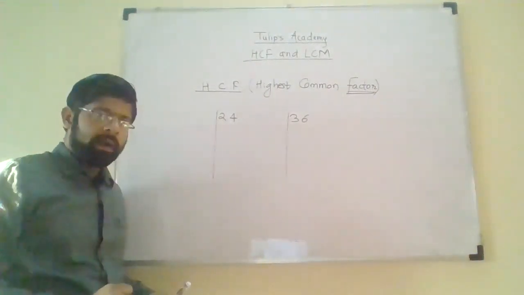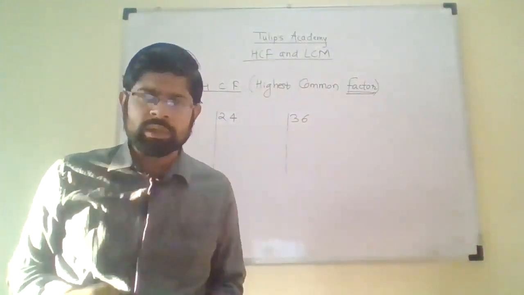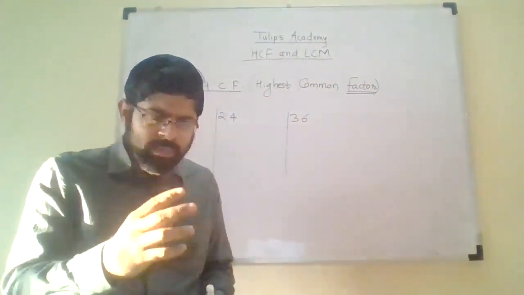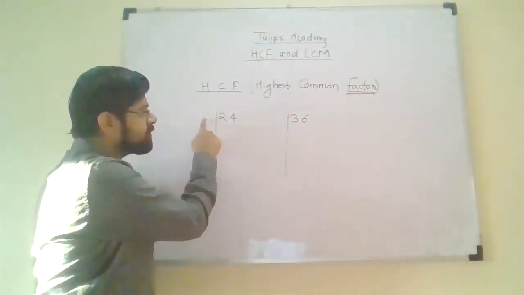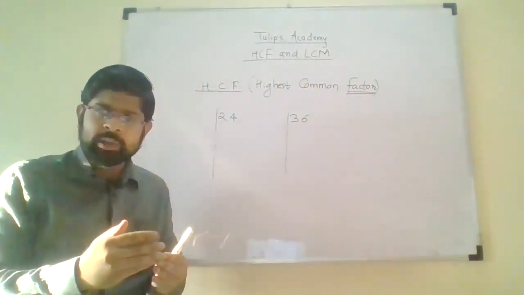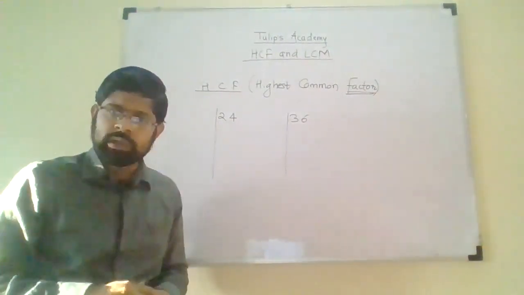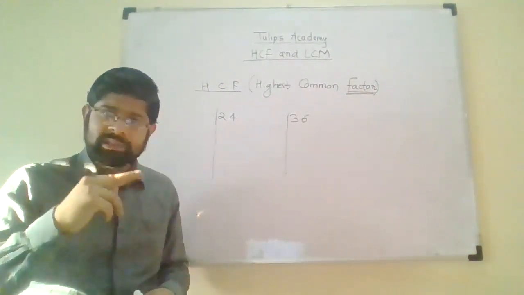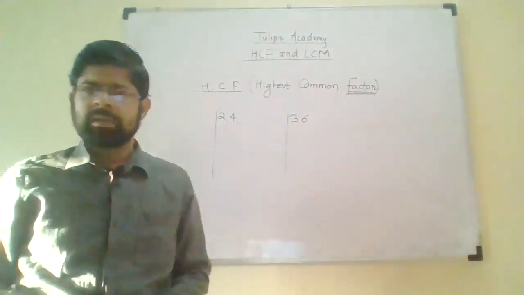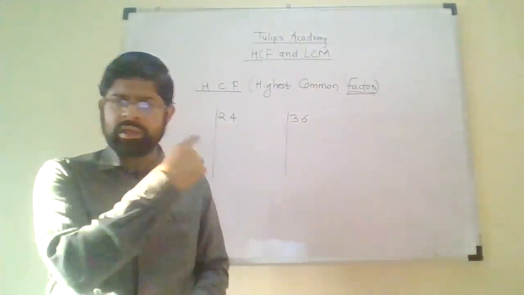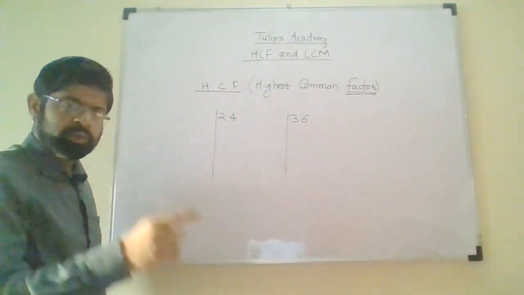The name itself indicates it is prime factorization, so in the factors only prime numbers are allowed. No composite numbers are allowed. We will consider prime numbers one by one. The first prime number is 2. First we check whether 24 is divisible by 2 or not. If it is not divisible by 2, then we consider the next prime number, 3. If 24 is not divisible by 3, then we consider the next prime number, 5. Do not consider 4. 4 is not a prime number; 4 is composite, so you cannot consider 4 here. It's very important.